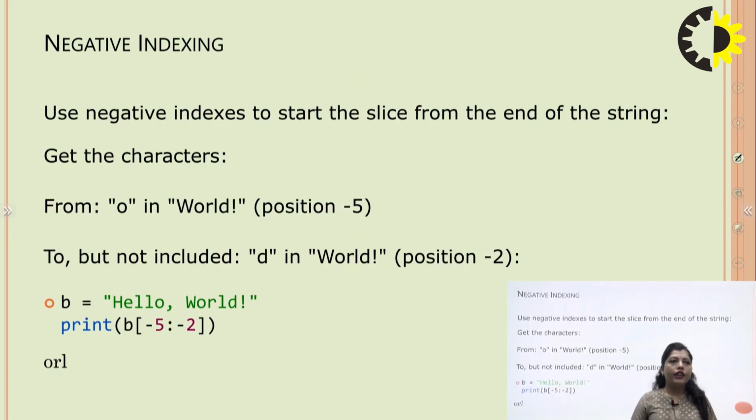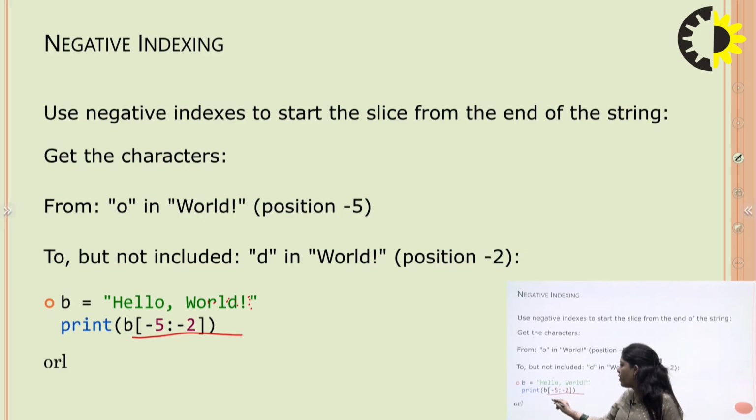Next is negative indexing. In negative indexing, we write a negative value at the start, like minus 5 and minus 2, and with minus we calculate from the last: minus 1, minus 2, minus 3, minus 4, minus 5, minus 6.